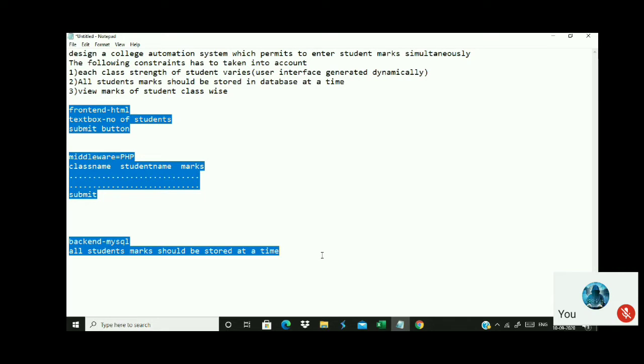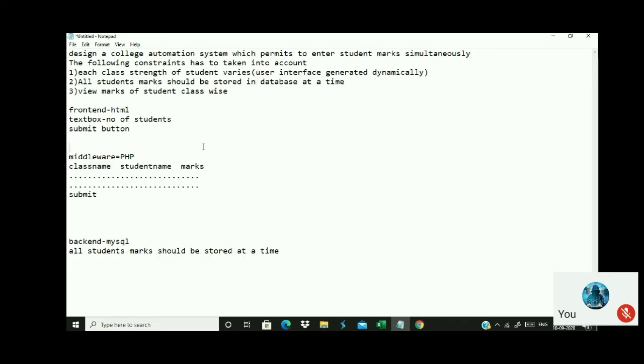Yes, sir. Okay. Neha, are you connected, ma'am? Number 94, Neha. Okay. Mukundan, are you able to get it? Yes, sir. Okay.